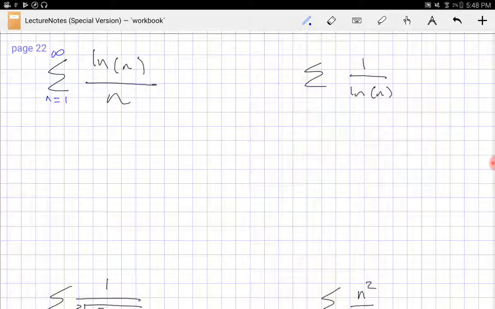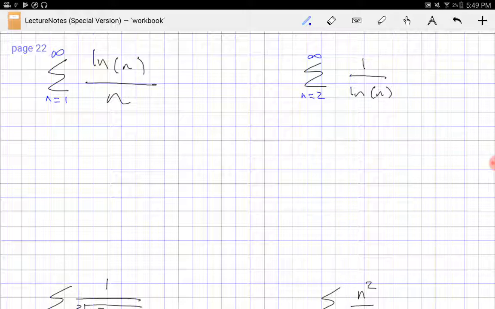So in this video, we're going to be doing some examples of determining whether a series converges or diverges. My index in all of these is n, and I'm summing to infinity. Where the index starts is not of particular importance as long as the sequence is defined for all values of n. So in this case, n needs to start from 1, otherwise I'd have a 0 over 0 error. And for example in this series, n needs to start from 2, otherwise I have a divide by 0